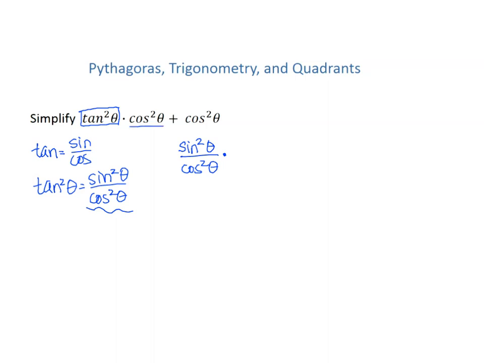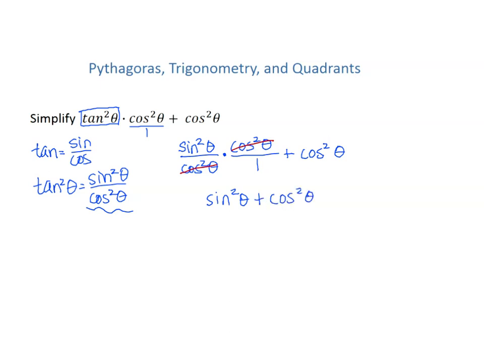Now I'm going to take this trig function right here, and because I like to have a fraction times a fraction, I don't want to have a fraction and a non-fraction value, I'm going to make this into a fraction as well by putting it over 1 plus cosine squared theta. So you can probably see where I'm going with this, because since I have a cosine squared on the top and the bottom and I'm multiplying here, I can cancel those because they equal 1. So then I'm left with sine squared theta